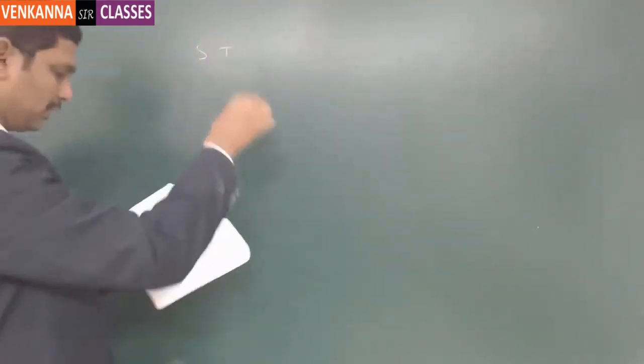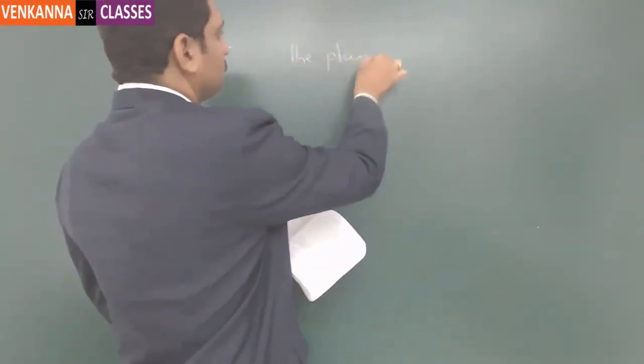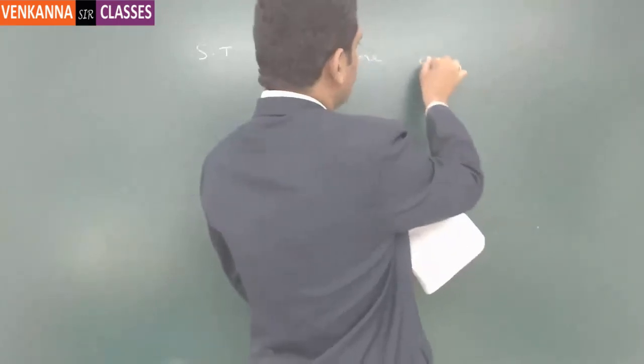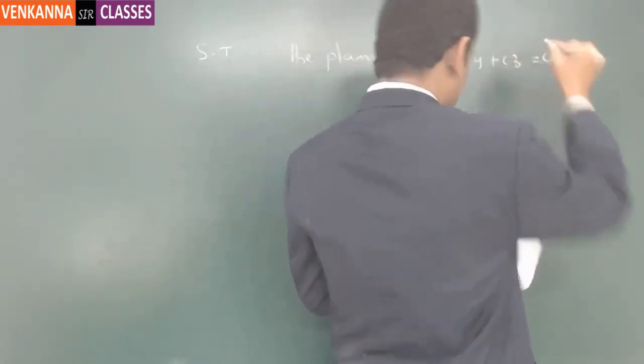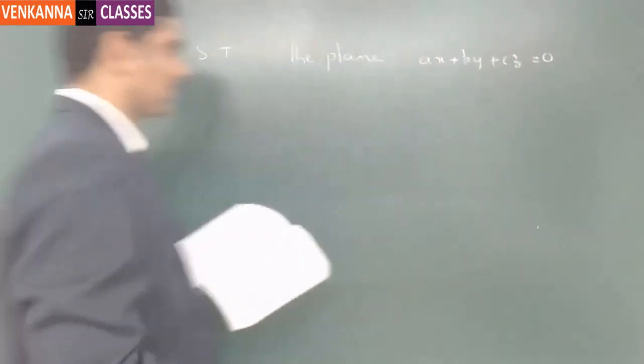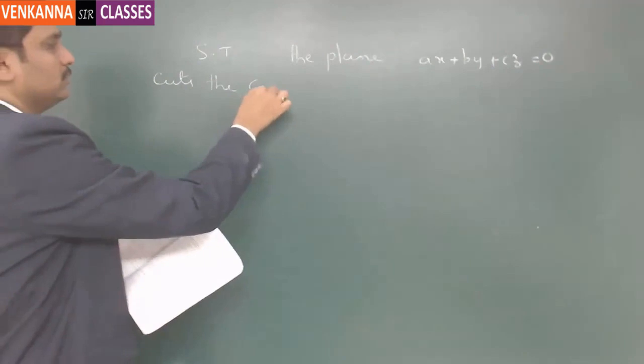So the next problem is: show that the plane ax + by + cz = 0 cuts the cone